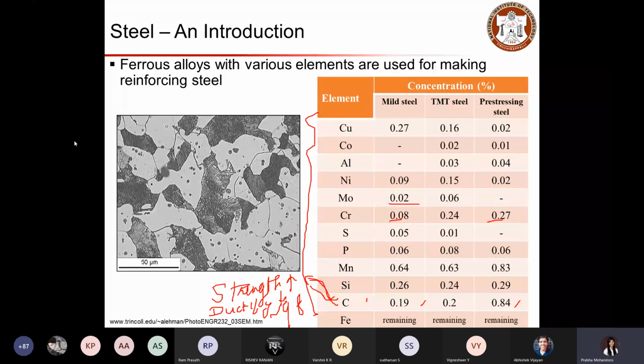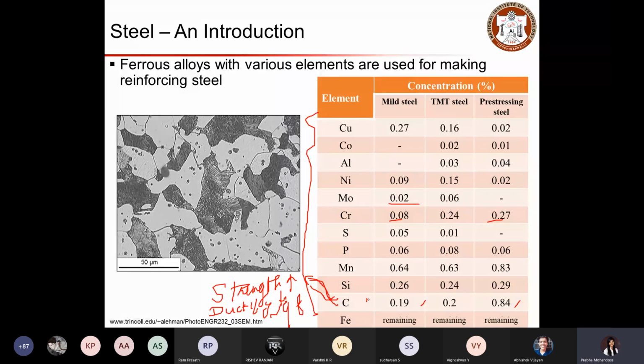There will be other elements also added in the processing, so that those elements will help you obtain the required strength or ductility of your material. So you have copper, aluminum, nickel, chromium, manganese, silica, carbon, and so on.